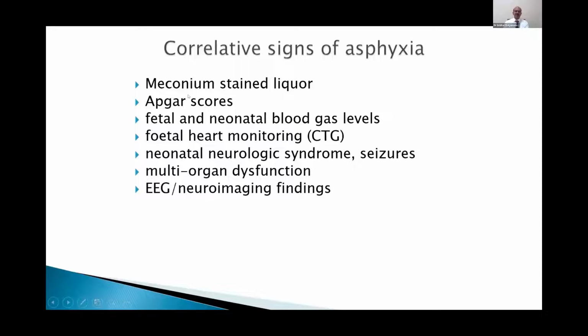However, a prolonged low 10-minute Apgar score is quite correlative of brain injury. The fetal and neonatal blood gas levels are important as well. Fetal heart monitoring changes, again, need to be interpreted with caution. The neonatal neurologic syndrome and the occurrence of seizures are clear features that the brain has injury, but whether it's